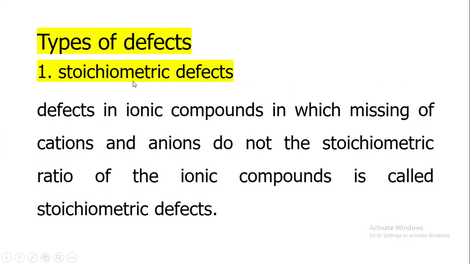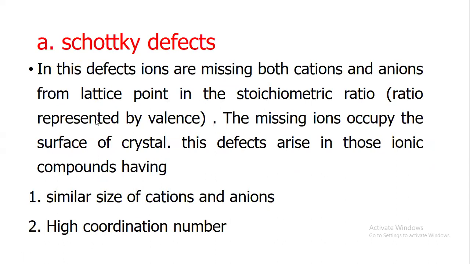Types of defects: stoichiometric defects. Defects in ionic compounds in which the missing cations and anions do not disturb the stoichiometric rules of ionic compounds are called stoichiometric defects. Schottky defects: in these defects, ions are missing, both cations and anions, from lattice points in the stoichiometric ratio that is represented by valency. The missing ions are occupied by the surface of the crystal. These defects arise in those ionic compounds with smaller size of cations and anions,